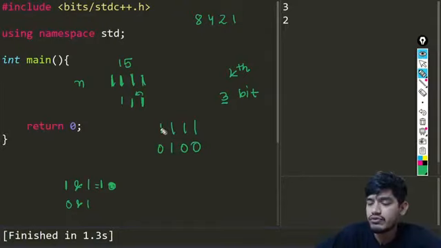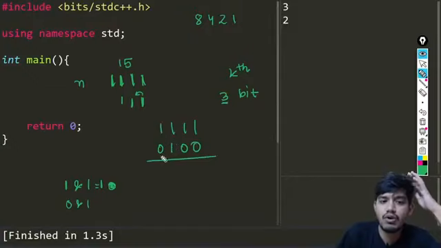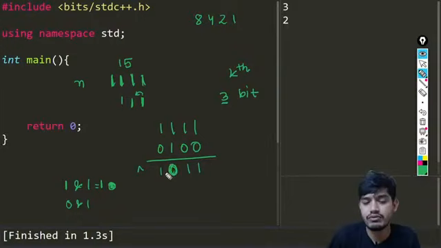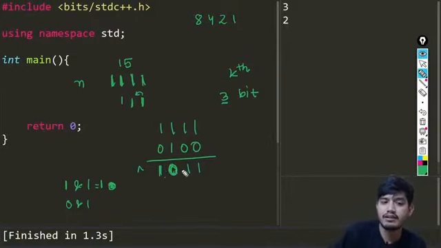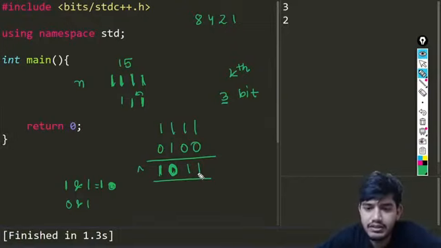So we will not be shifting k times, we will be shifting k minus 1 times. And he is telling that if we take an XOR operation for this, you can see all the values will be 1 where they are different, and for this it will become 0. Let's see what he is trying to do. In this case you can see we are not getting anything. How can we check this value, as it is not properly showing here? Any other approach that we can use?